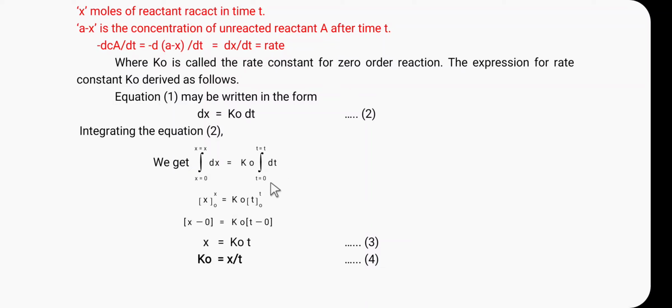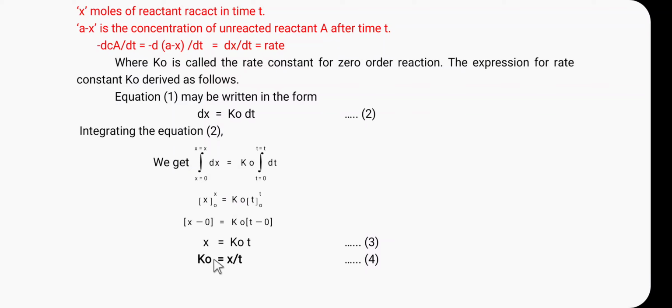Integration of dt from 0 to t. So, integration of dx is x from the limit 0 to x, then integration of dt is t from the limit 0 to t. First substitute the upper limit, then substitute the lower limit. So, x0 minus x is equal to k0 in bracket t minus t0, and here x is equal to k0 into t,